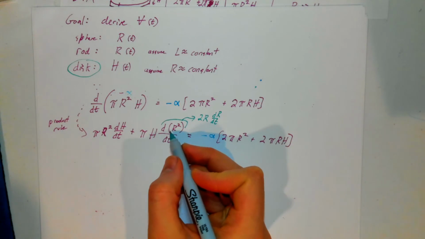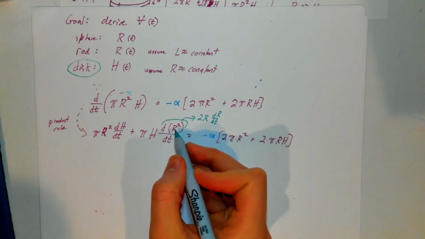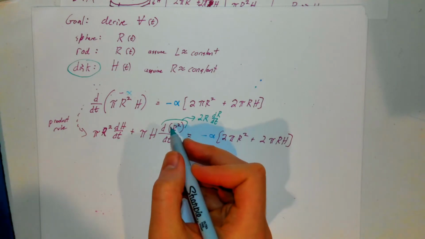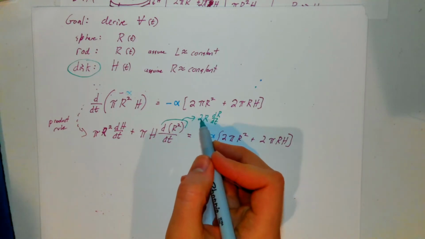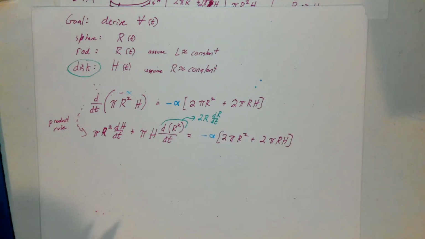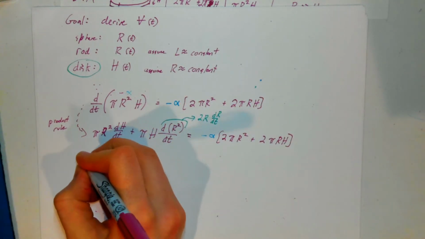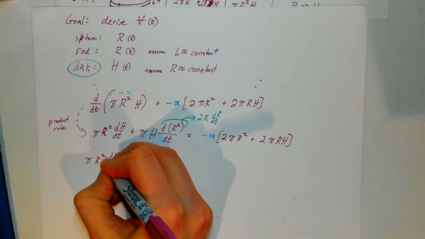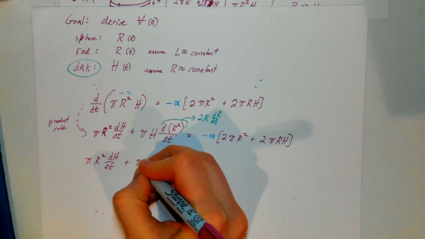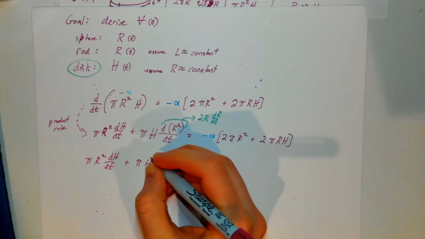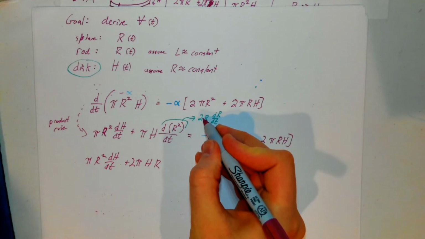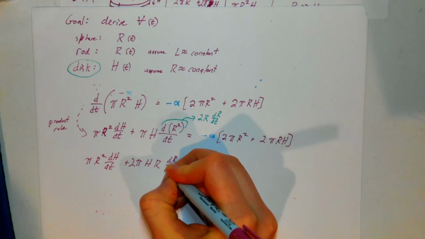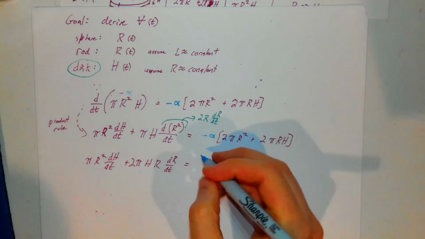The two comes down in r, and then I have to chain rule that r squared, because I'm not taking the derivative of r squared with respect to r, I'm taking the derivative of r squared with respect to t. So when I chain rule all of that out, finally, I have pi r squared dh/dt plus 2 pi h r dr/dt, and now I have this minus alpha